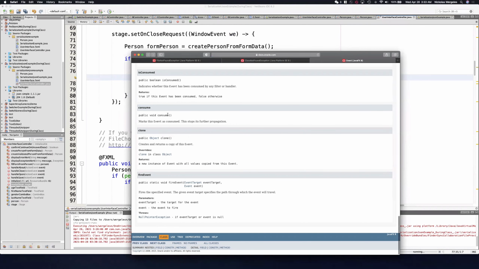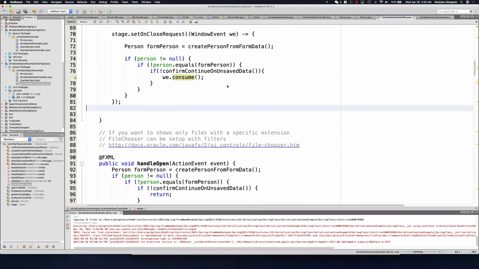You'll see consume, marks this event as consumed. This stops its further propagation. So you see is consumed indicates whether this event has been consumed by any filter or handler. So it's going to stop. It's not going to continue. So this will stop